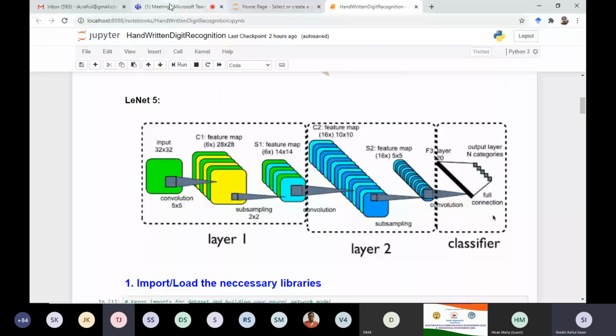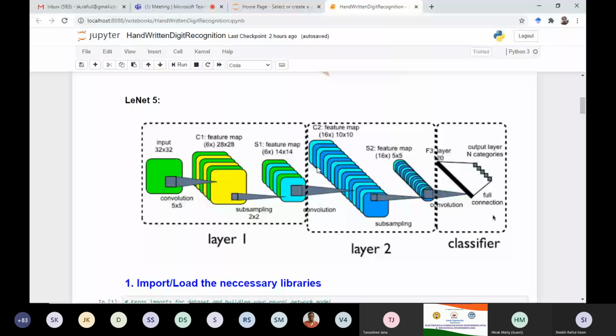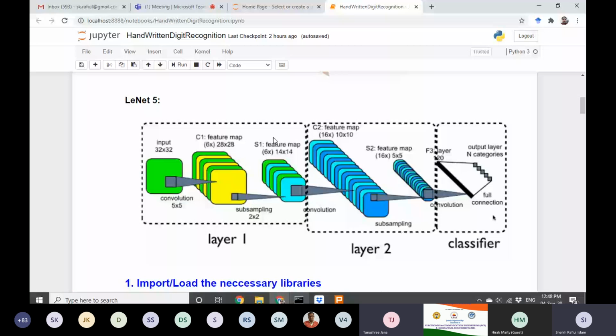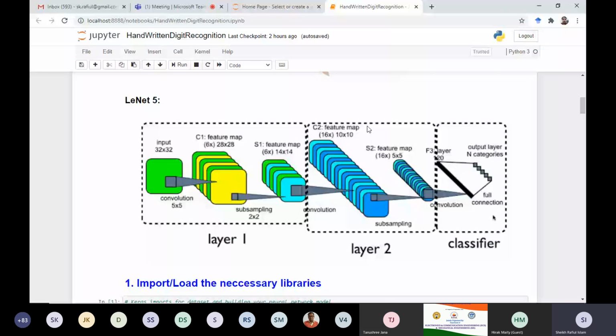Sir, there are a few questions in the chat box. Yeah, please. One question is, is there any constraint on selecting the number of epochs? No, there is no constraint, but say I am considering 1000 epochs. There can be a probability that your model will be overfitted after 200 epochs.